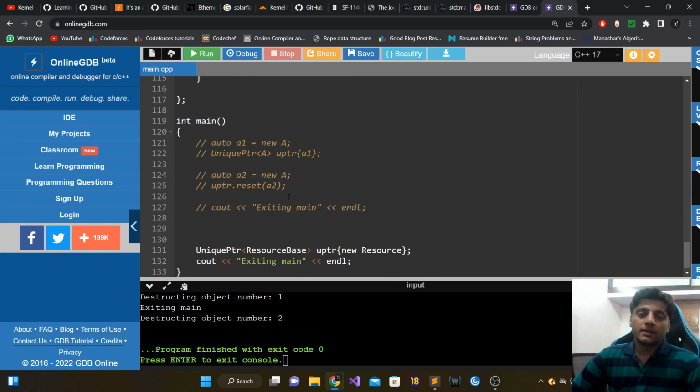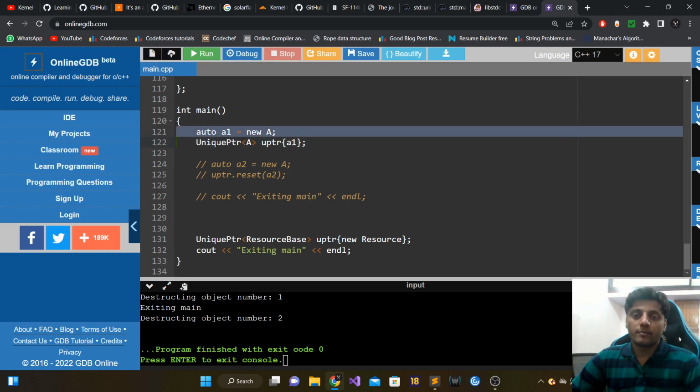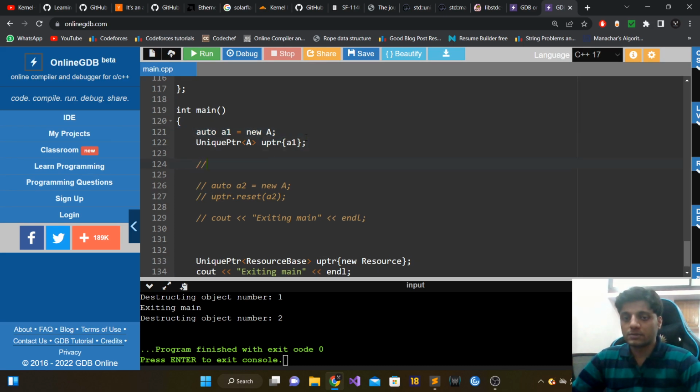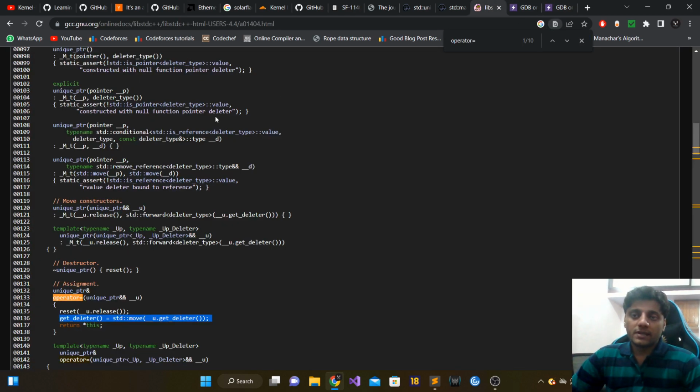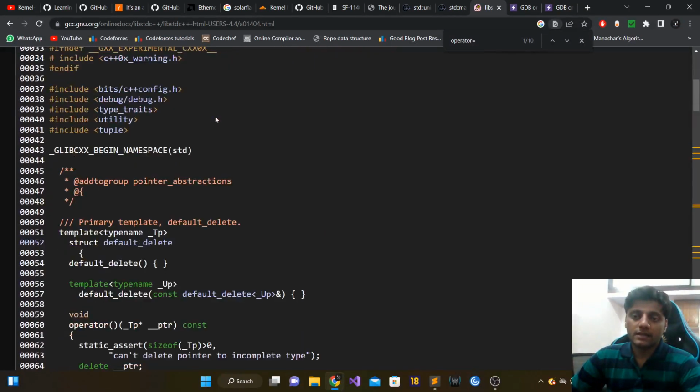Anyways, I think that was mostly it for this particular video. Another thing which I want to highlight is that you should never create unique PTRs like this, where you are allocating memory on the heap and then passing this pointer to UPTR. You should always use the std::make_unique method. You can read about this on cppreference. And if you want to see the implementation of GCC for unique PTR, here is the link which you can visit. It has the entire implementation of